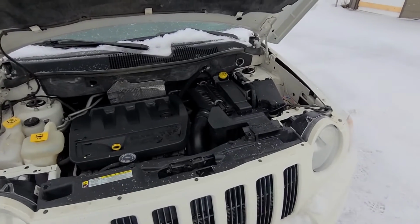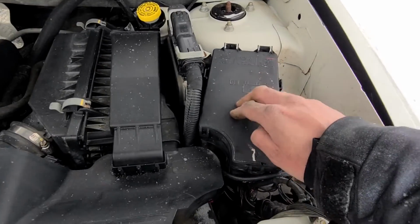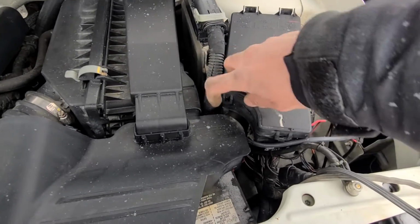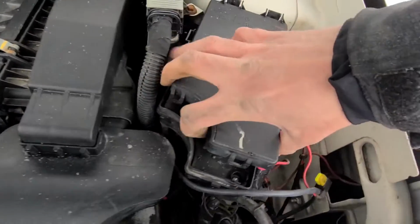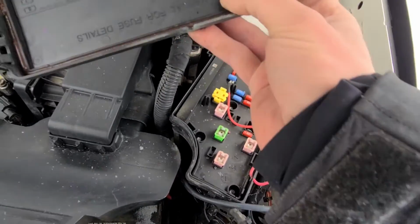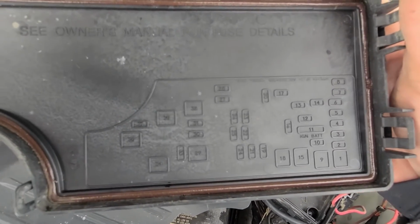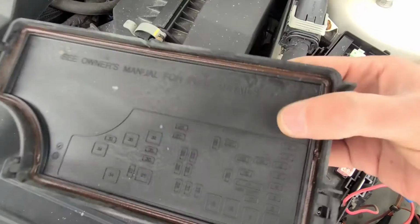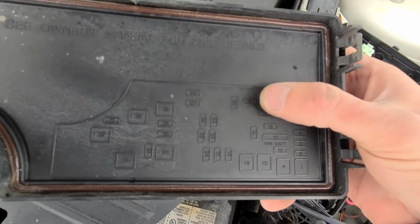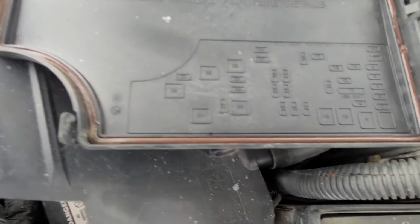The fuse box on Jeep Compass is located under the front hood. So it's right here. Now to open it up, you just have to lift on these two clips. And then on the back side you have a nice fuse diagram which can show you the location of each fuse, and pretty much for in case your radio is not powering up, you want to check the fuse number